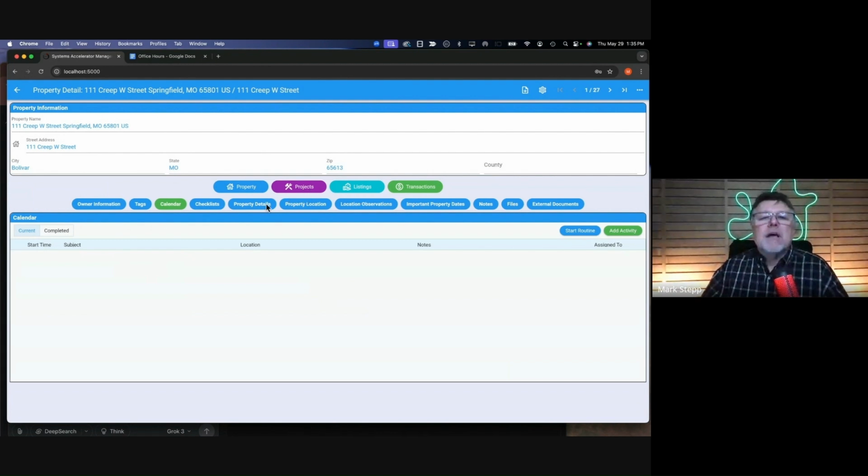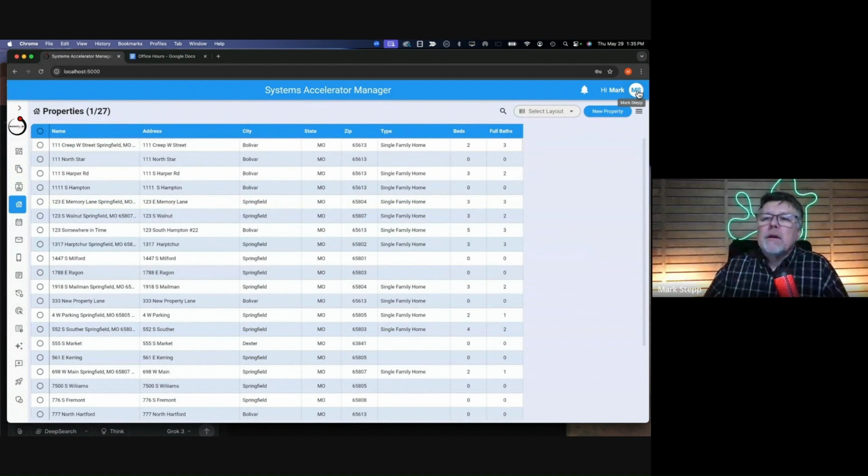What that allows us to do easier is add more tabs to the list. So if there's something that is missing, and you guys would really like to have some fields to do something, we now have the ability to add new tabs. And within those new tabs, you can define what fields you want in them. To show that, I'm going to come up here into the settings area, go to setup,